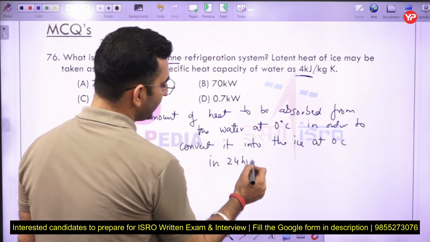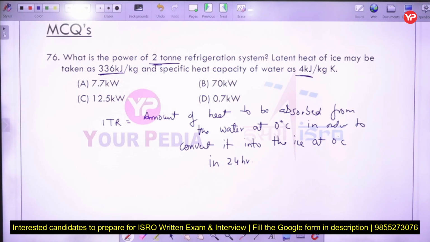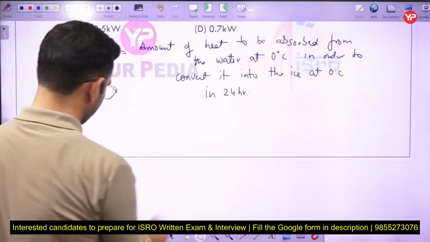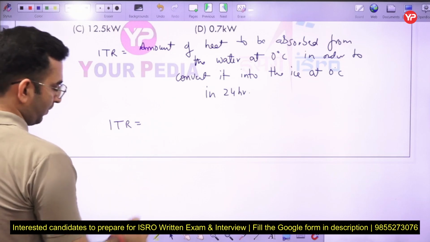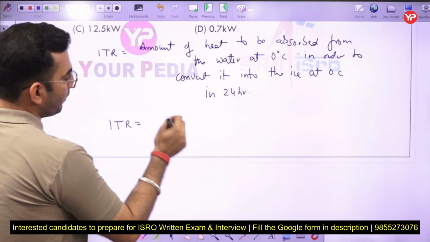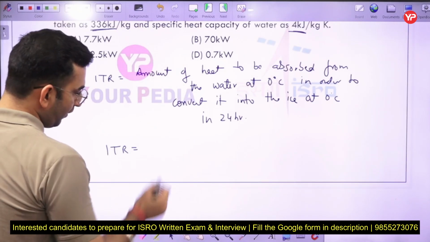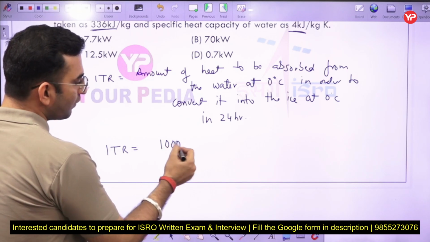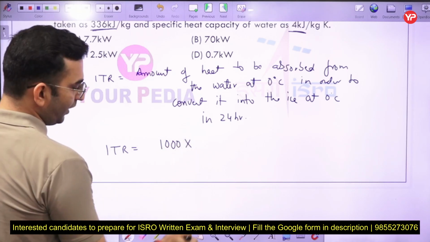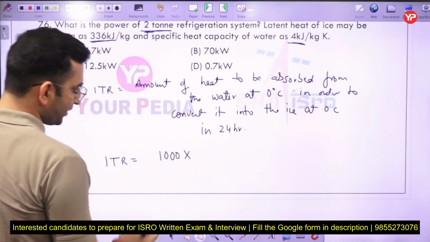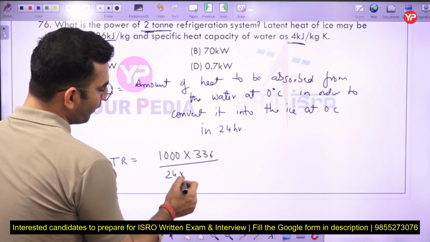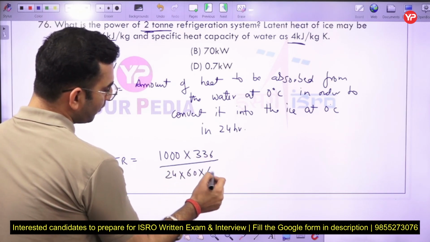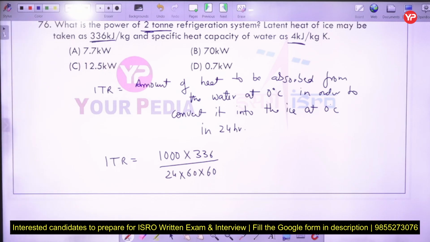That is the definition here. Now how do you calculate it? First of all, 1 ton is equal to 1000 kg, the amount of heat which has to be absorbed is 336, and we have been provided 24 hours here. This is the definition of 1 ton of refrigeration. If you solve it, you are going to get the value as